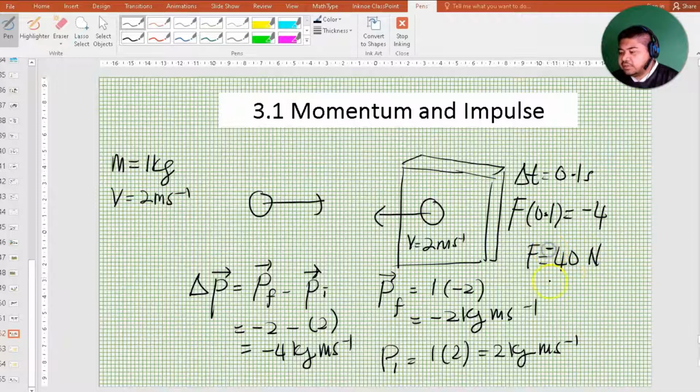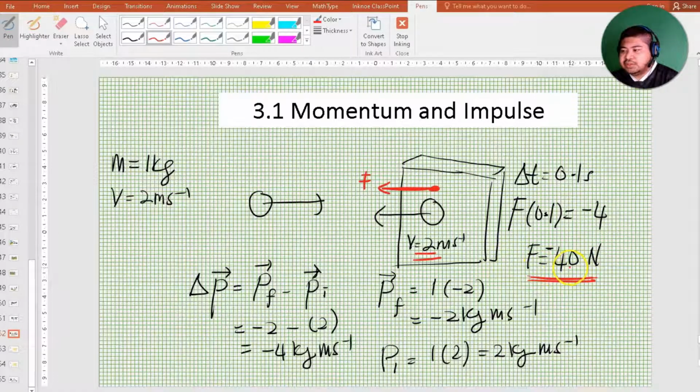The negative is just telling you the direction of the force. So the direction of the force is going that way, the same direction as the negative velocity here. That is the direction of the force because we have the negative sign there. The negative is just telling you the direction of the force, but the magnitude of the force is